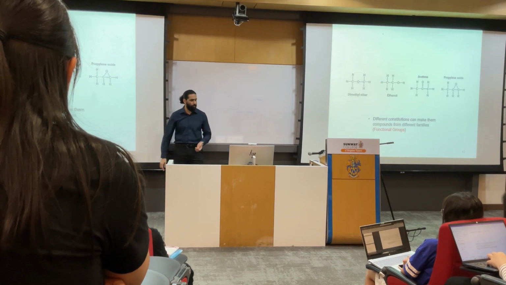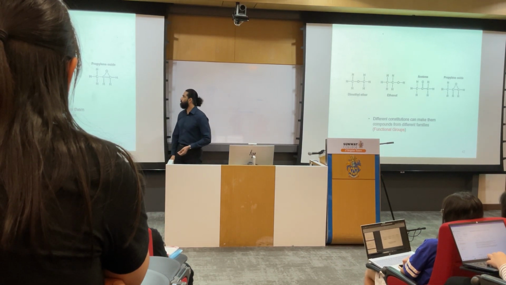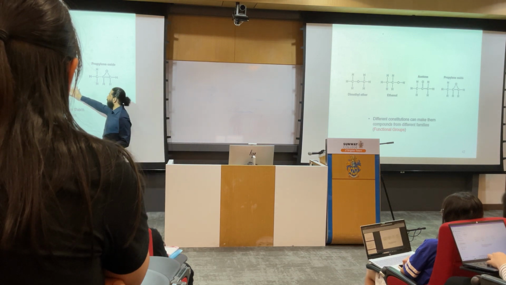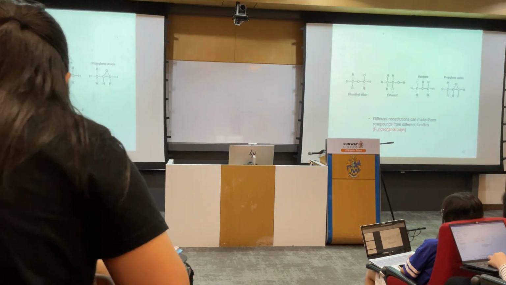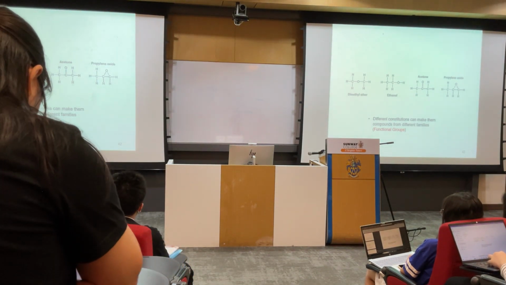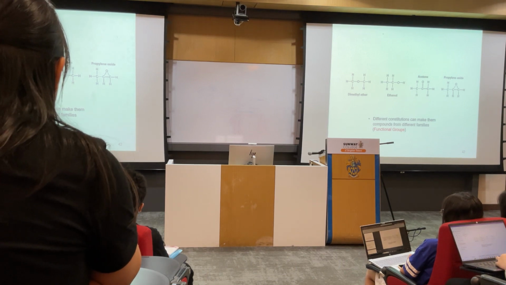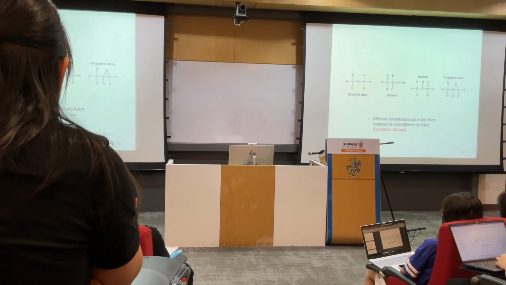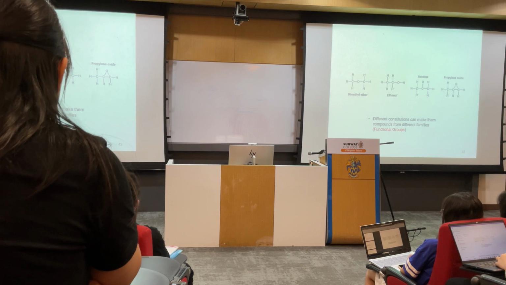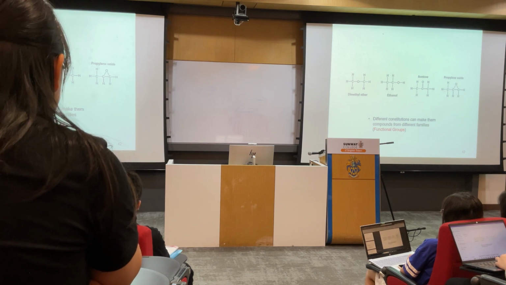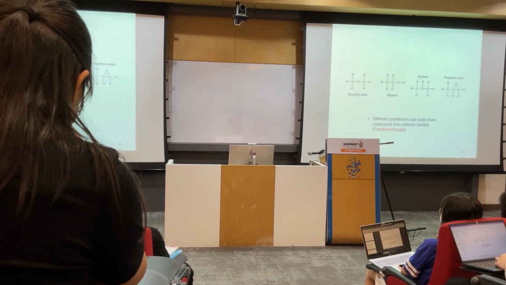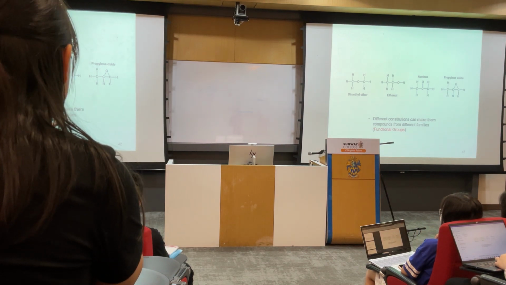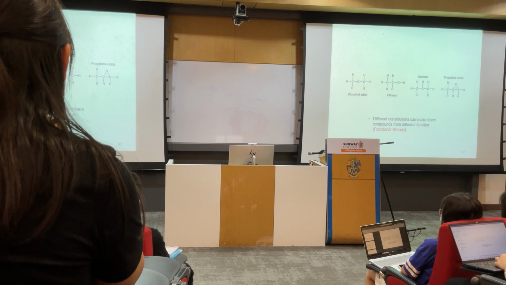Another example of constitutional isomers are these two, or these two. So here the arrangement between carbon, oxygen and carbon is different, and here carbon, carbon, oxygen. So this and this molecule, both of them have the exact same molecular formula, but their structure has made them fall in 2 different classes of compound.